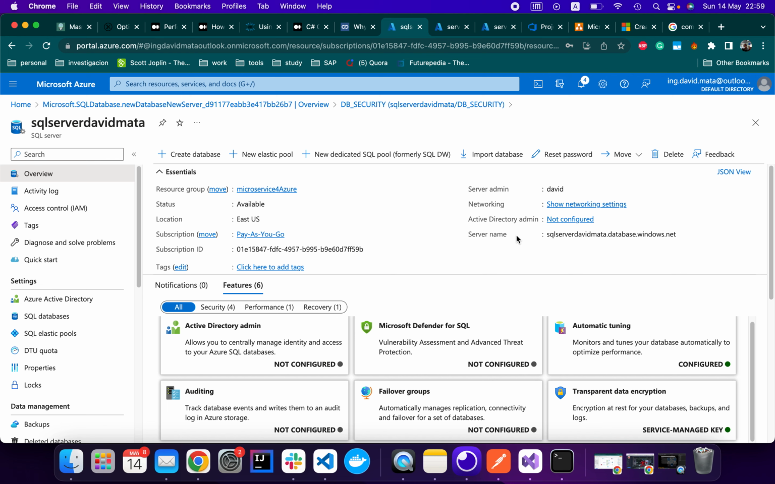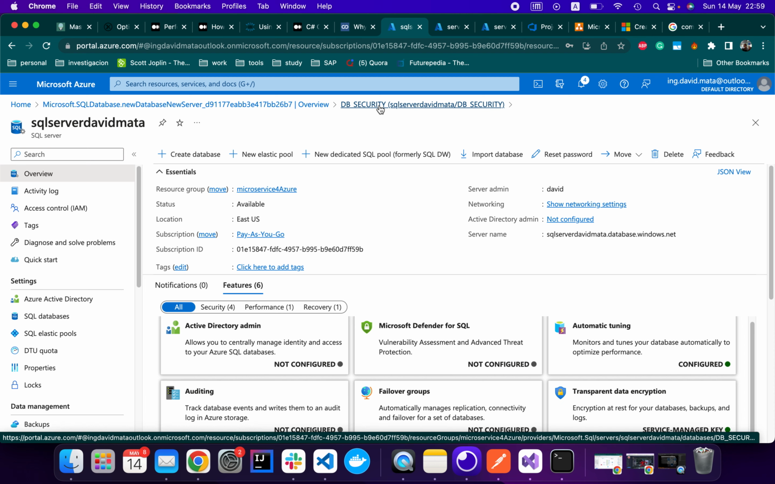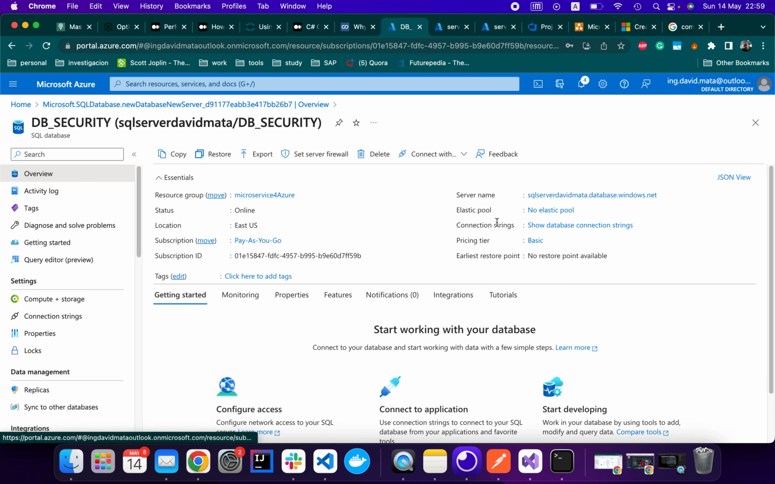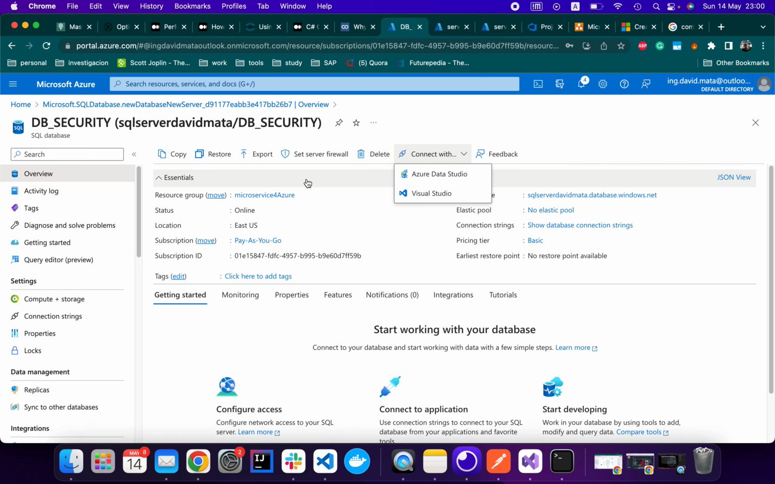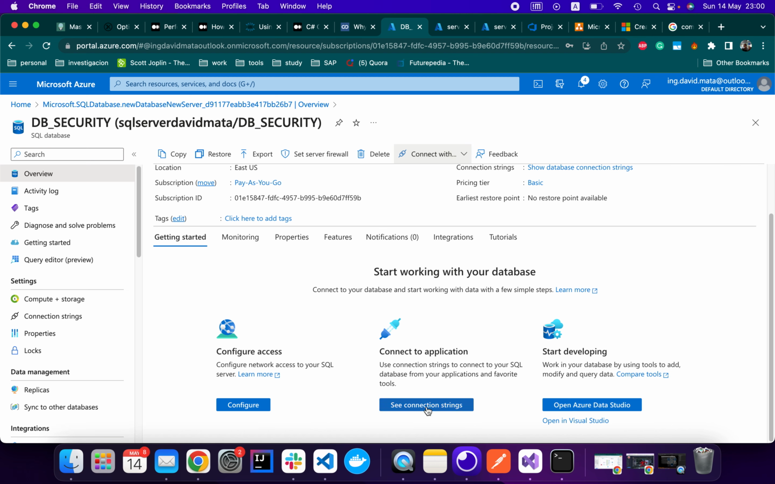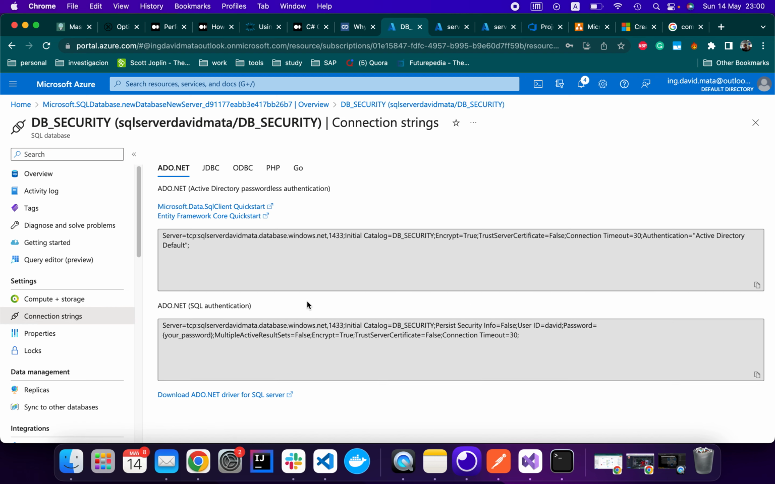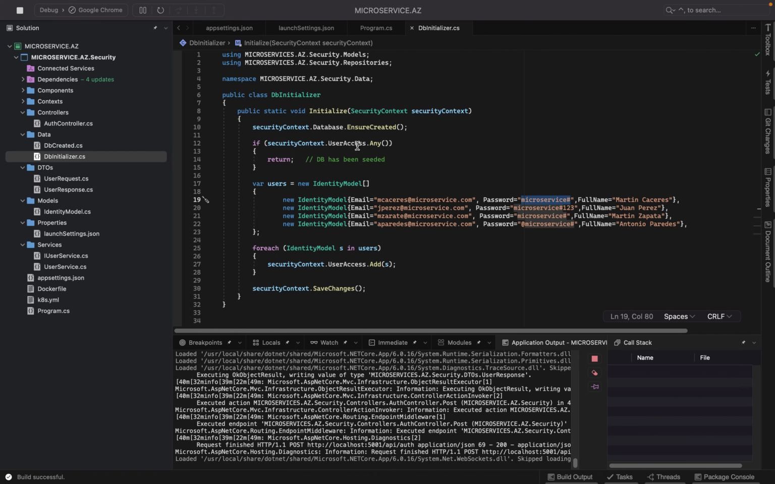Step is to get the connection string so we can connect the application to the database. So we go to the DB security database, connection string. We want to be using .NET, so we copy this one, we go to Visual Studio, we